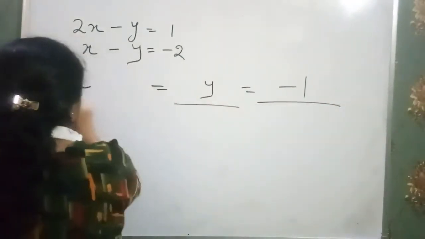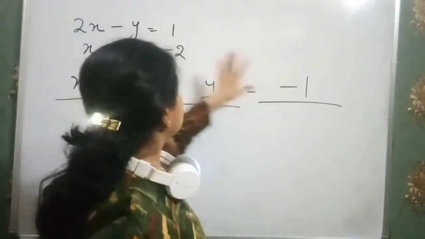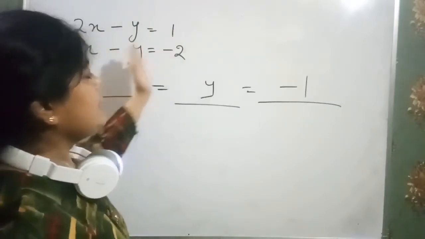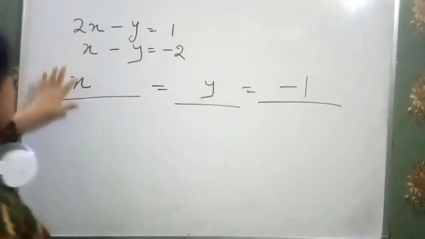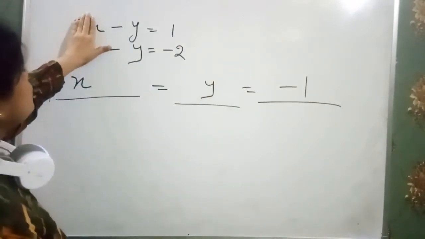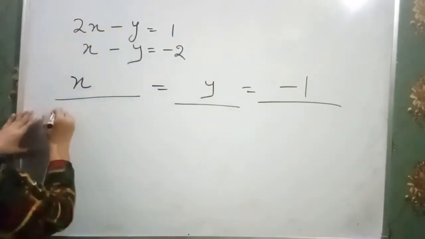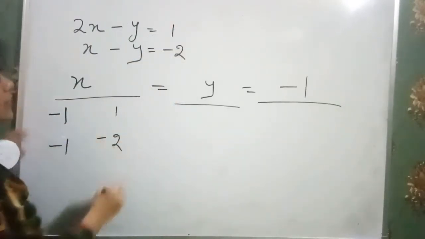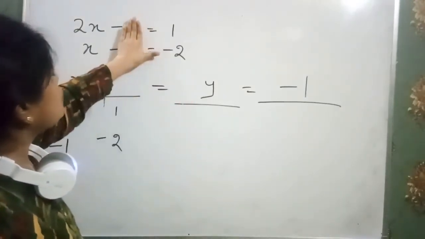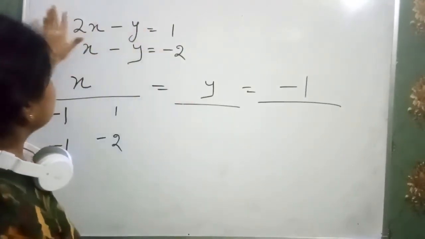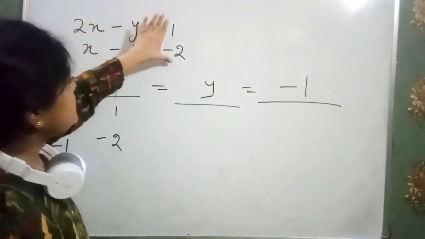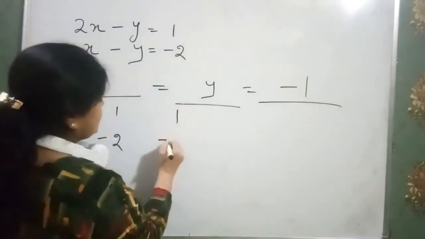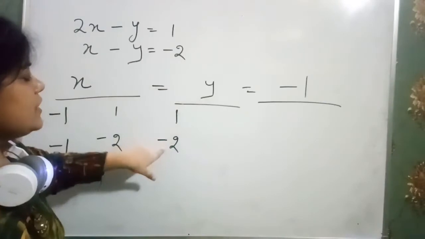Just make it in this way. This is x, this is y, this is minus 1, and put all the constant values here, not here. Clear? Then take minus 1. Now below the x, just drop it. We have minus 1, minus 1 coefficients. Clear? Now here 1 and minus 2. Now in case of y, we just drop this coefficient. So don't write 2 and 1 first, but firstly repeat this one. If you forget, then just use that one. So this is 1 minus 2 written over here.